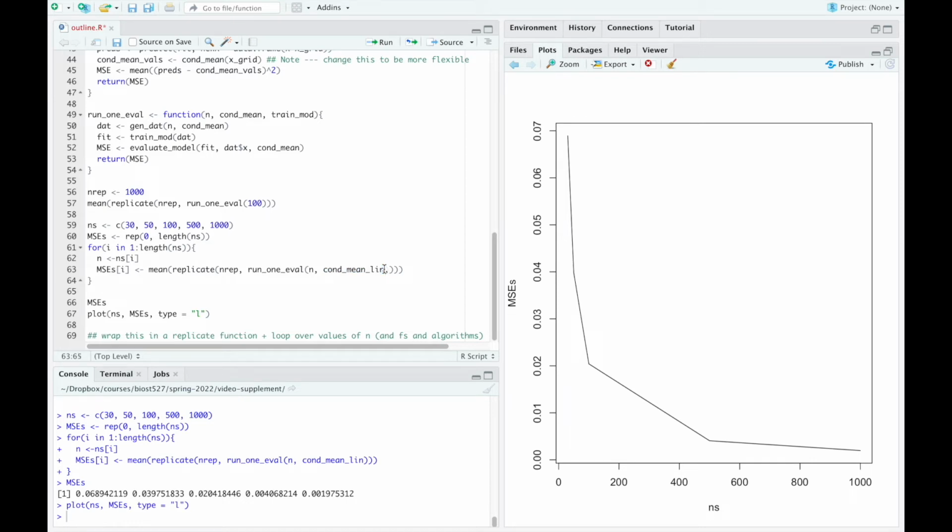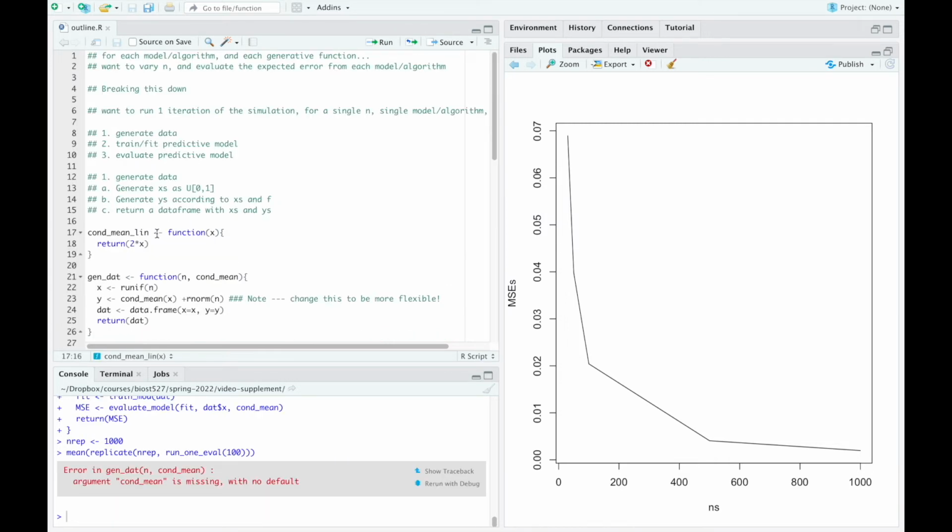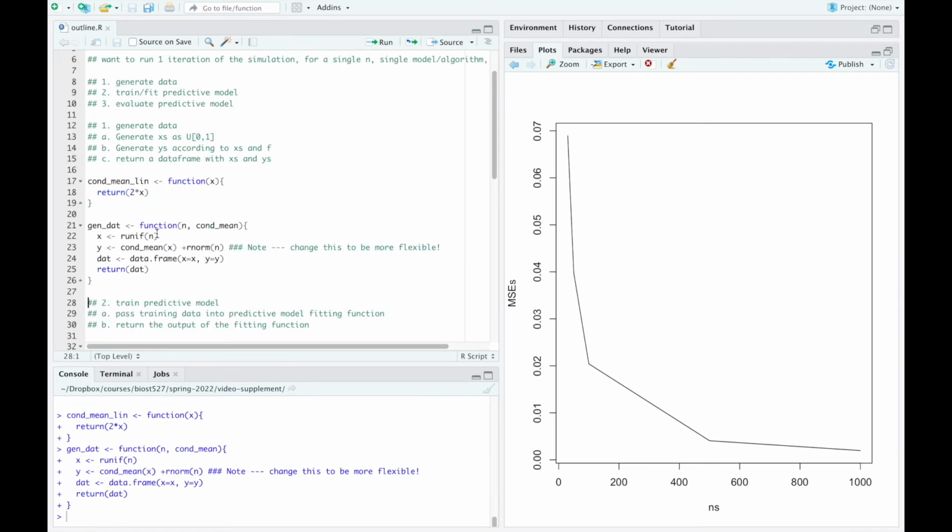And now, what do we want? We want to say what model we're going to use for training. So train mod lin is going to be passed in. And so, again, what have we done? We have now allowed ourselves to pass in as an argument the function that we want to use to train our model. So if we go back up and run through all of this again,